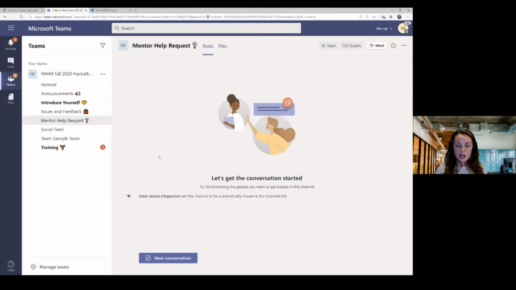We will be constantly monitoring this. If we're not the right people, then we usually know the right people and we'll help connect you to the right person. So make sure you don't hesitate to reach out if you need a mentor. A lot of the people coaching on the Microsoft side this time are actually joining a team, but we also have a lot of people that can dive into different teams if you need help.